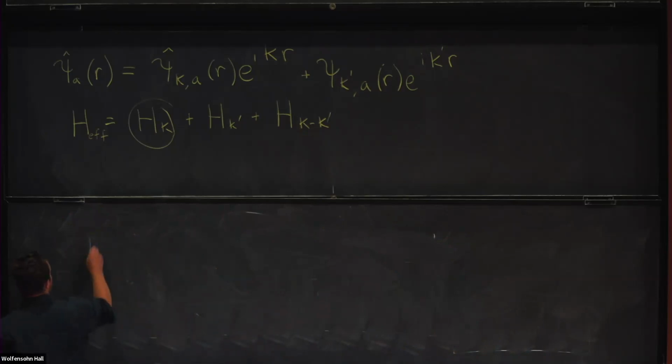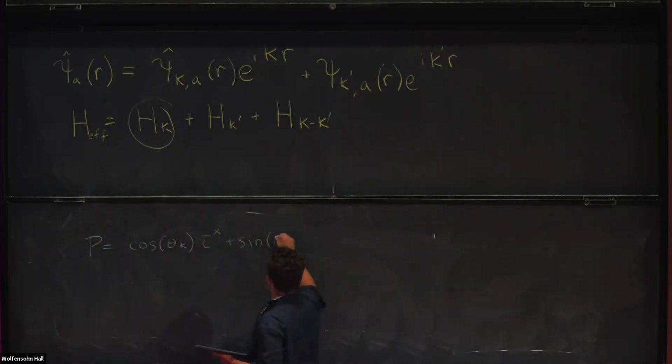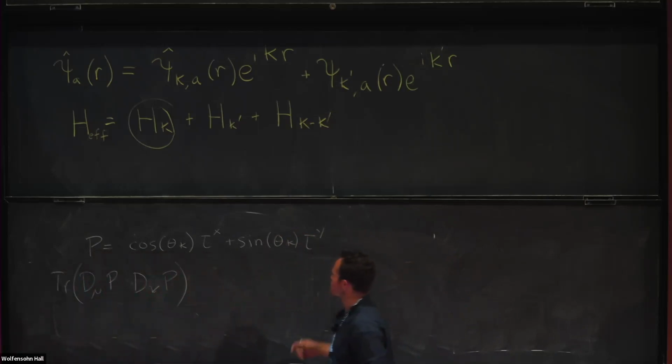What that's basically saying is that the projector P is going to be equal to some cos theta k tau x plus sine theta k tau y, if I assume the projector is pure intervalley coherence. And then what I can do is ask, what is the trace of D_mu P D_nu P? And it's an interesting exercise to just take this and then substitute in for that particular diagonal Berry connection. And what we get is this is exactly twice